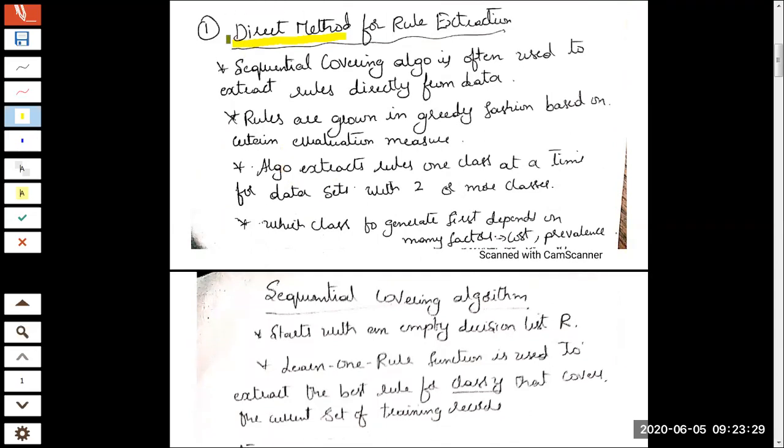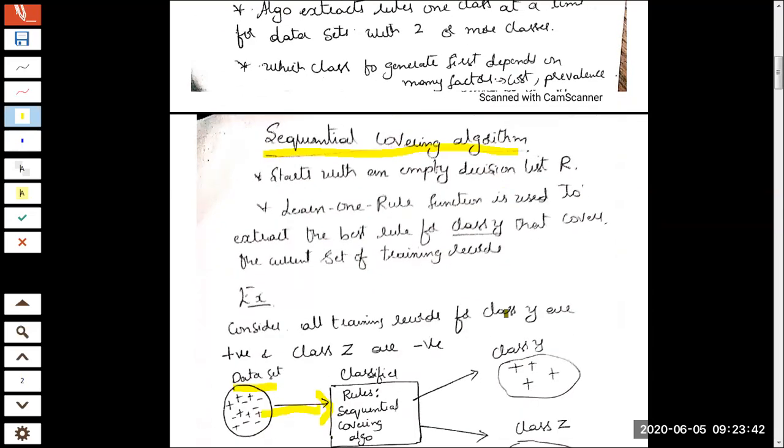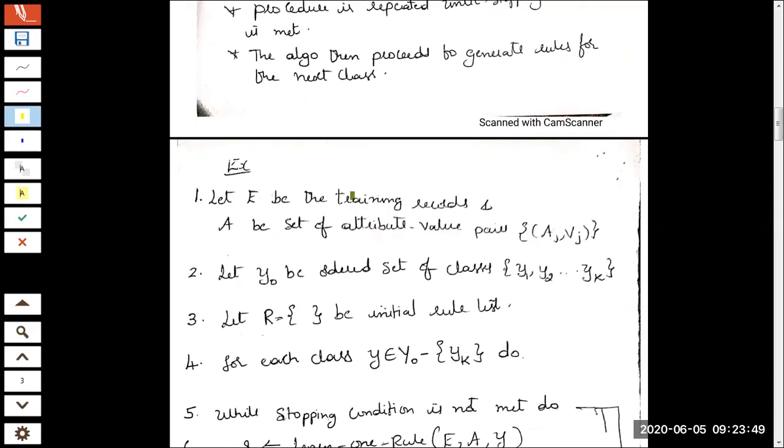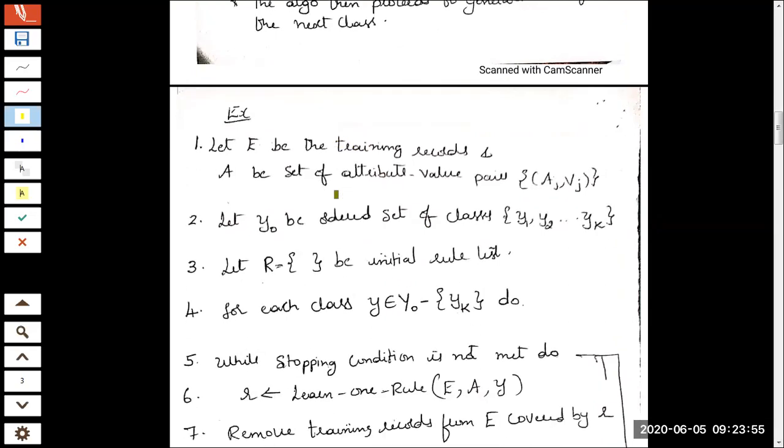Now, as part of the example, we explored the sequential covering algorithm. This is the algorithm which works as per the direct method mechanism. Now, what is this sequential covering algorithm? This was discussed directly with the algorithm. We understood the various symbolic notations in the algorithm, and how the algorithm works with a for loop and while loop to construct the rules.